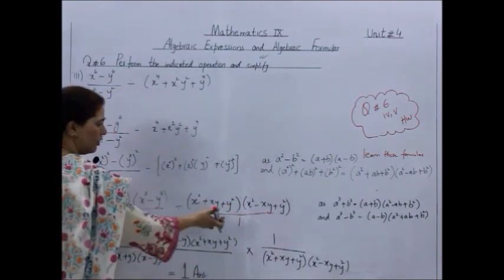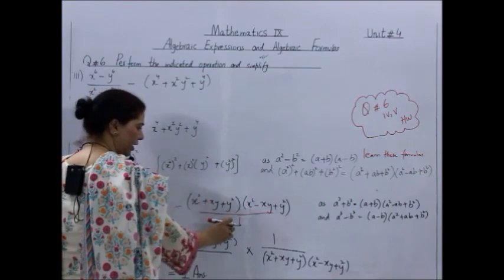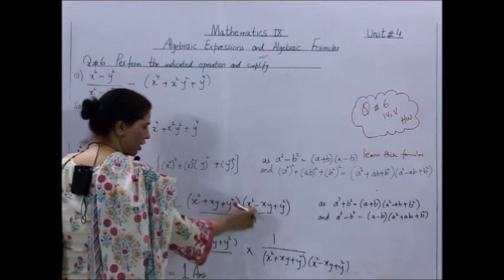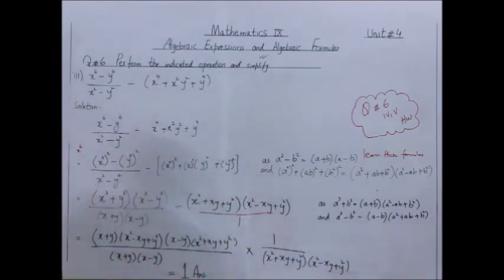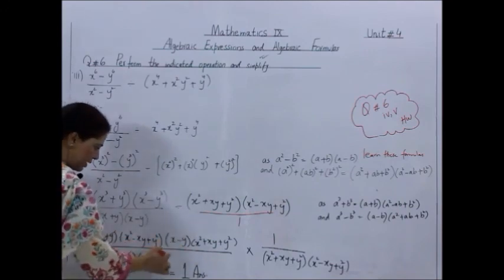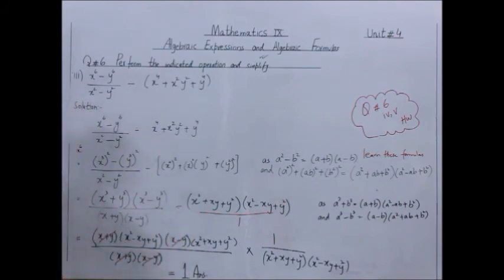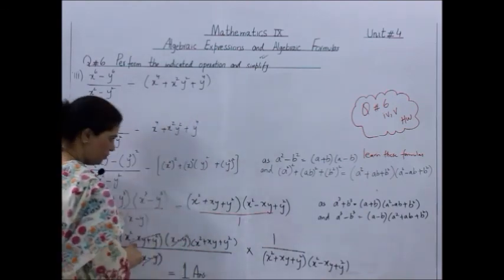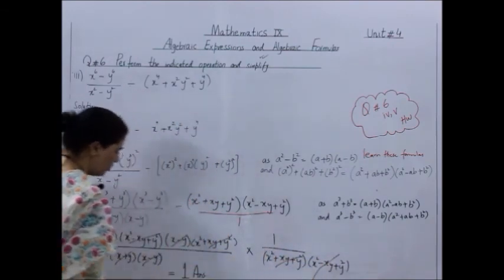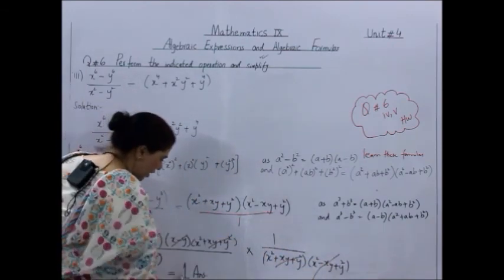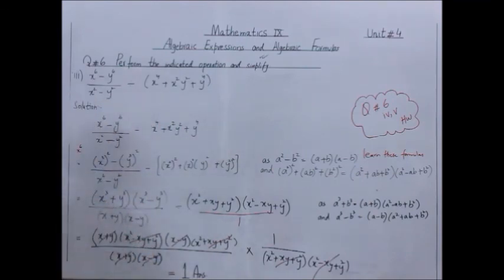There is one irrational expression; from it, we have made a rational expression, one in the numerator and this whole term in the denominator. Okay, see, this x plus y will be cancelled out with this x plus y, this x minus y will be cancelled out with this x minus y, this whole term too, and you will be left with 1, which is your answer.